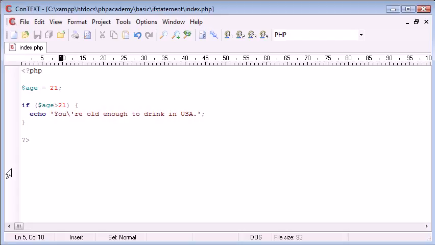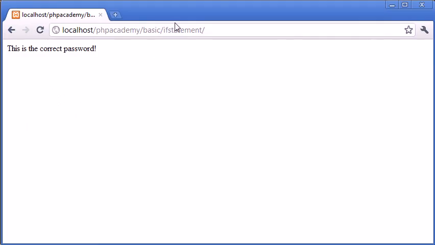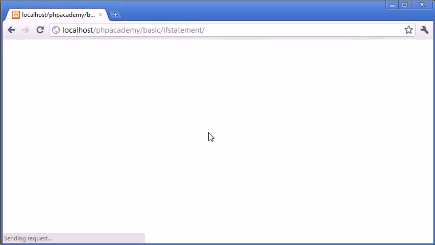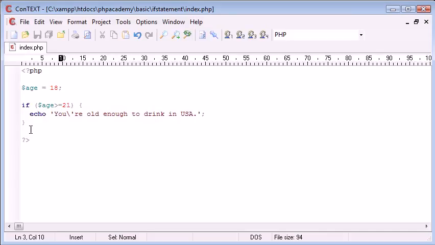Now this is actually incorrect at the moment. I need to say greater than or equal to. We don't need to use a double equals, we can just say greater than or equal to. This basically means if it's greater than or equal to, so simple. Now if I refresh, you're old enough to drink in the USA. What if I was to change this to 18? Refresh, nothing. Now what I want to do is say else